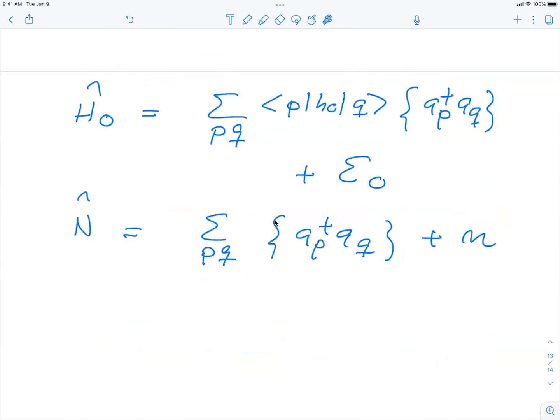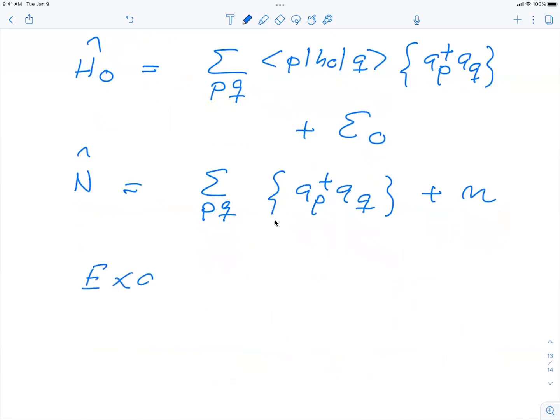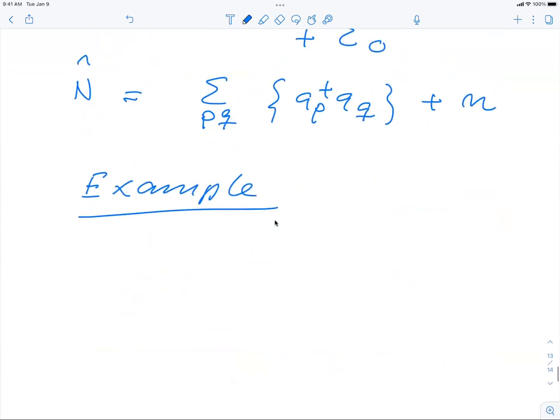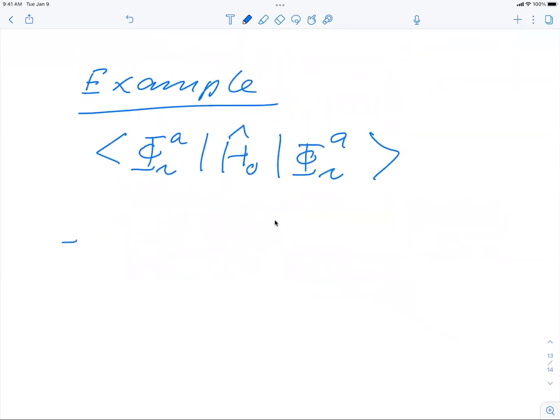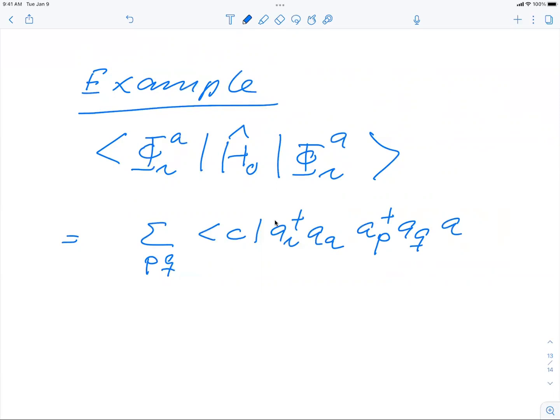Now, one thing which we can do now is actually to recalculate the expectation value which we had previously. And now we're going to look at the one particle, one hole state. So let's recalculate it. So we have a state, one particle, one hole state, I and A. And we take this operator now in the new normal ordered scheme. So this is going to now contain a sum over P and Q. I have my vacuum state and I have my A_I dagger, A_A. And then I have this normal ordered operator, A_P, and I skip these curly brackets because now I'm assuming that this is normal ordered with respect to the new vacuum. And then I have an A dagger and then an A_I acting on C,